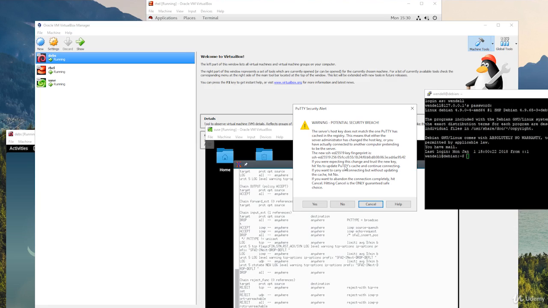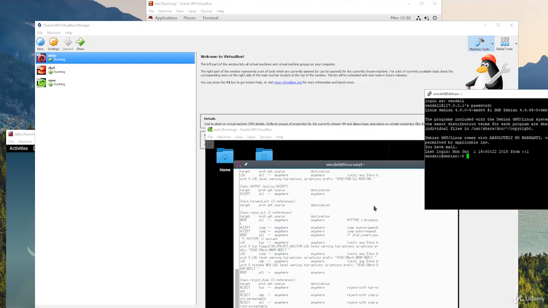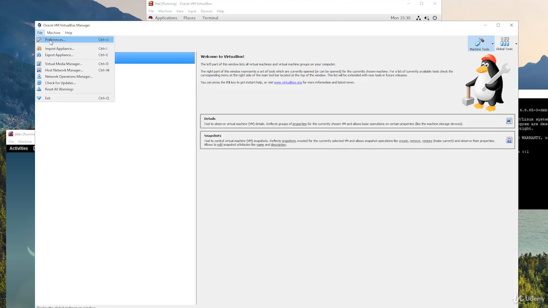It's happening now for us because we changed where the port maps to. Just a second ago, that was mapped to our Debian system. Now it's mapped to our OpenSUSE system, which they have completely different cryptographic keys, and it makes sense why this is happening. So I'm just going to hit cancel on this,